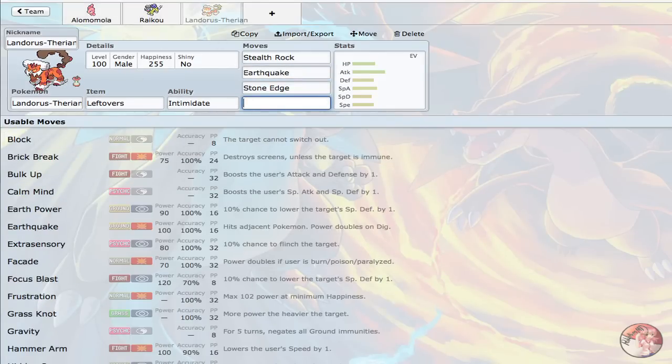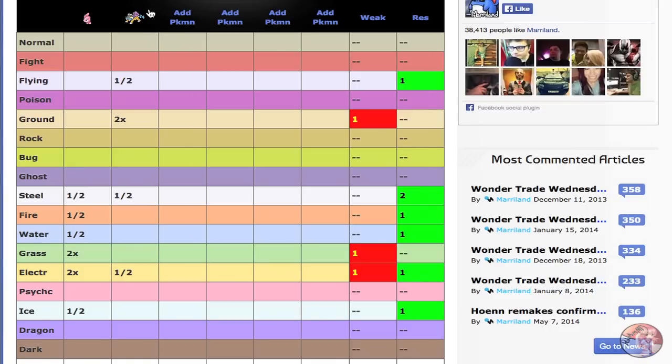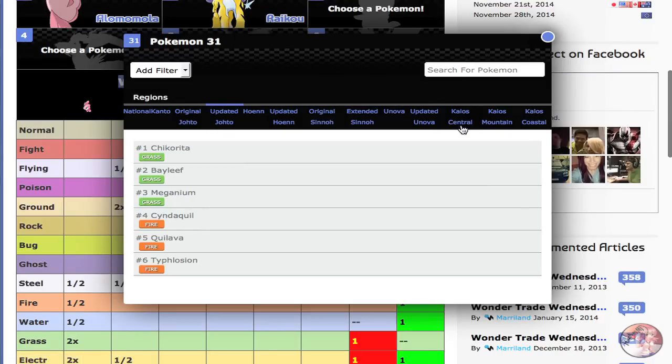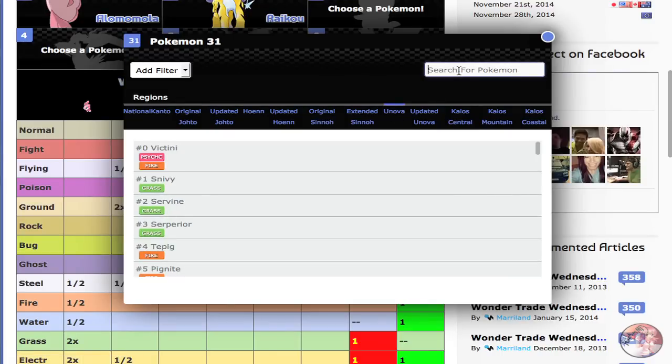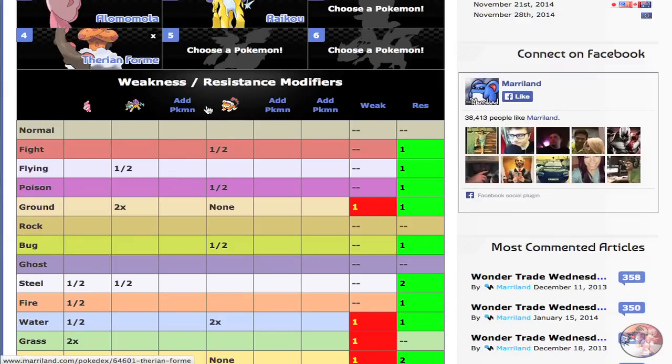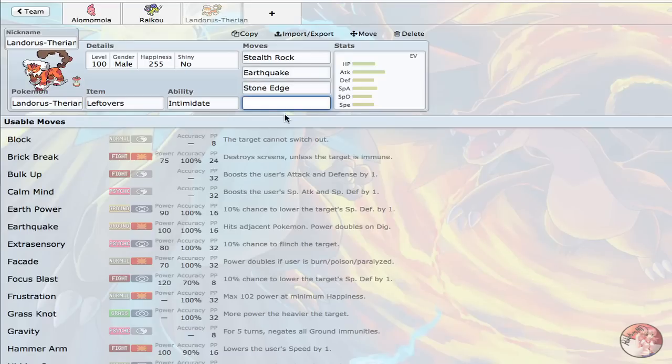We actually have, if you look at the team, I'm going to put in Landorus-T right now. Please work. Thank you. It says Landorus, but it says Therian form, so that's recognized right there. So Landorus-T, Stone Edge helps you be a bird check, and as I was saying before, we actually have